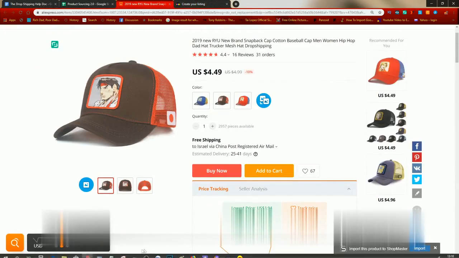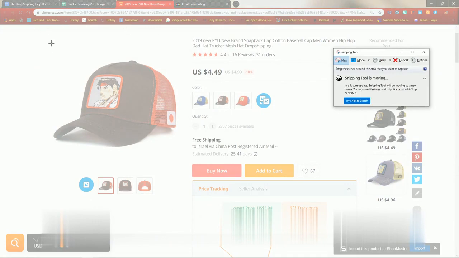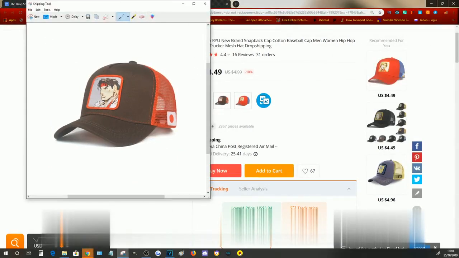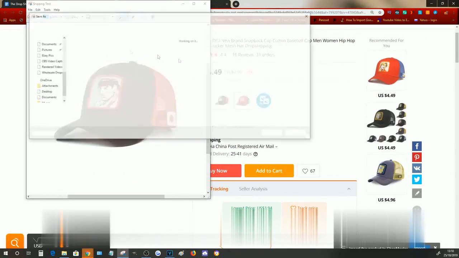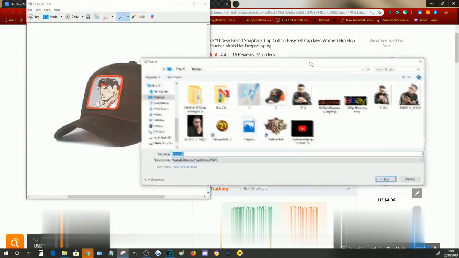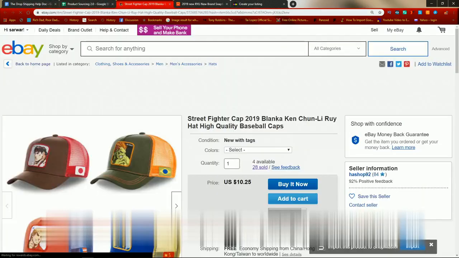So how does this work? You just open up the snipping tool over here, click on new, and then take a screenshot of the item. It's going to save over here. Now I'm going to go to file, and then save as. You can see some pictures of me that I've used on thumbnails on YouTube videos, but what I'm actually going to do is use